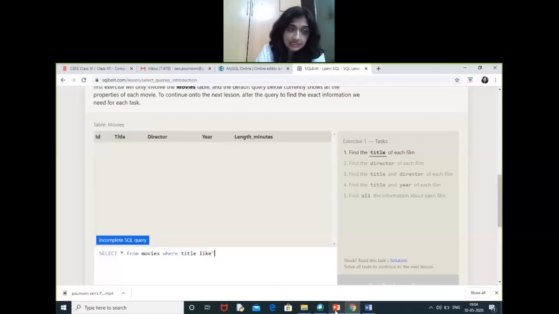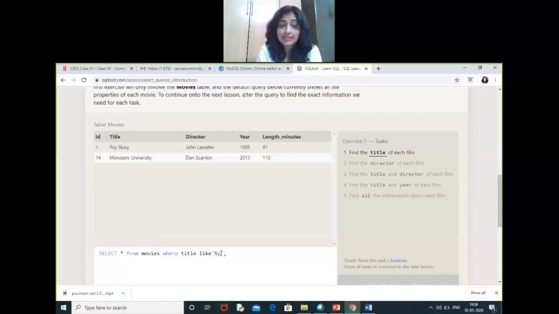If we just change it and we want to print all of the movies that are ending with Y, we can see this is the list of the movies that are ending with Y. So we are getting Toy Story and Monsters University. So there are two movie names that are ending with a particular character. So here we are writing like percent y. That means before y any number of characters can be there. Okay, so this is one wildcard character, that is percentage.